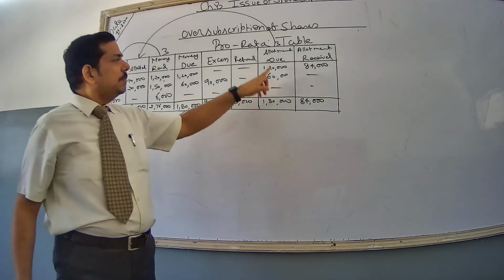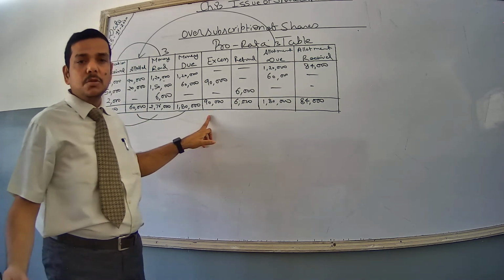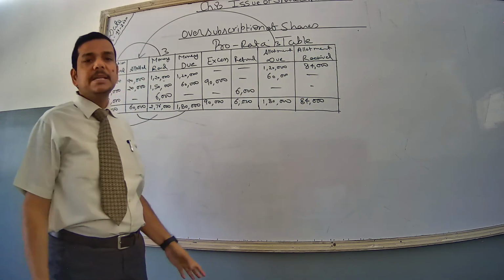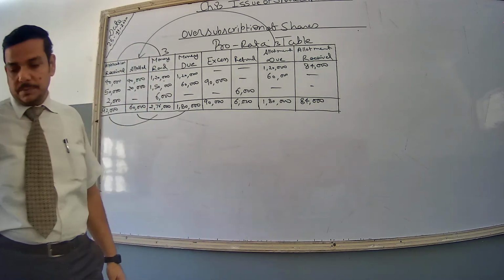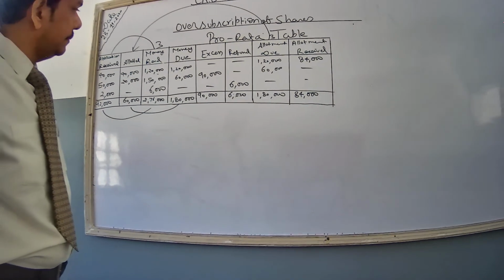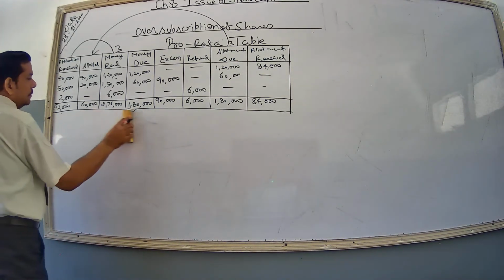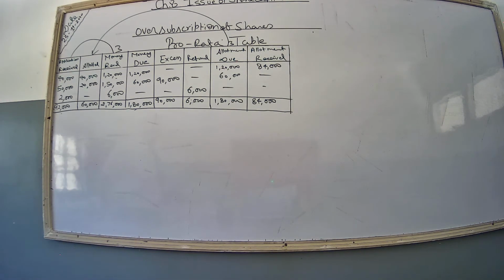Clear? Now allotment due is 180. Out of 180 we already have 90,000. So we are going to call only 90, and out of 90 only 84 has been received. Some of them have not paid. So that is called calls in arrear account. Clear? Now we are going to pass journal entry for this purpose. Clear? I am passing journal entry just below it so that you can understand.